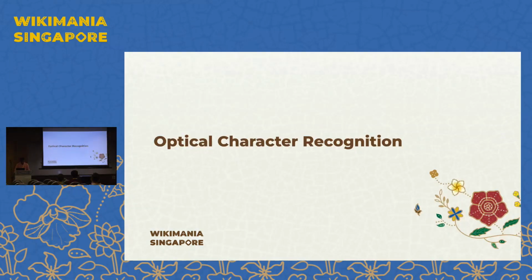Let's go to another topic, optical character recognition. You know where it is used, right? For digitizing documents, for Wikisource. Wikisource, yes. But not necessarily Wikisource. Sometimes you need to add content to Wikipedia by looking at various documents, and you may need to digitize those PDFs or images or all those documents. By the way, in the previous session, you can also try a JPG to JPG translation by using optical character recognition. That's another idea.